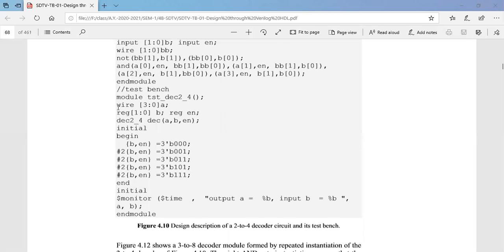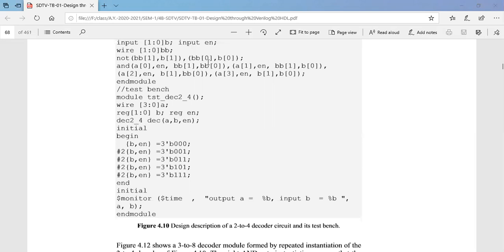So if you just remember the structure, what you will be doing, you will be having inputs and you will be writing its complements aside, and you'll be dragging its lines downward when you write on the paper, right? The same thing what we are doing here, right? So we have AND gate, A of 0, enable, and BB of 1 and B of 0.